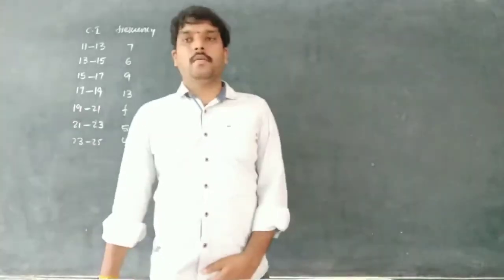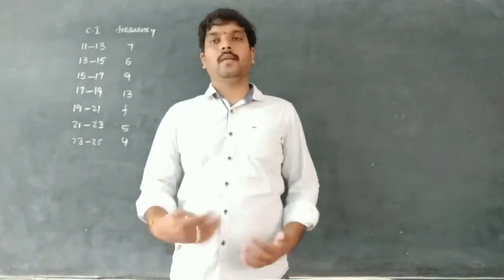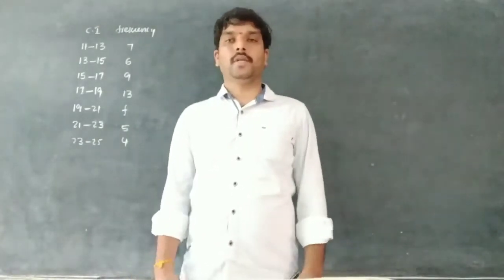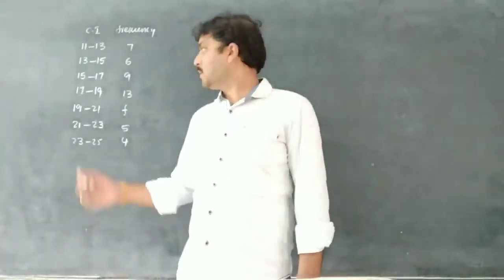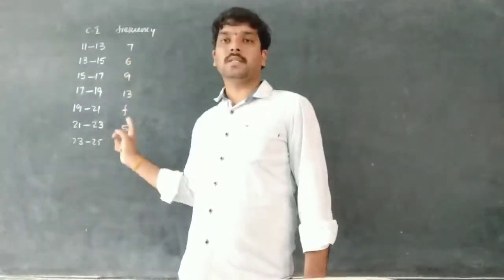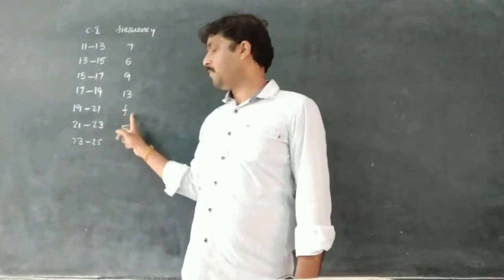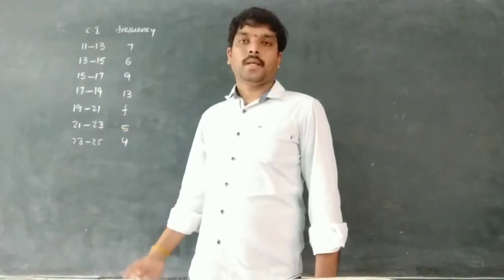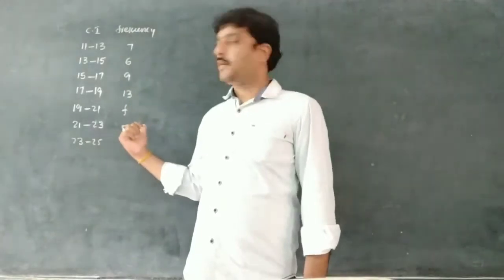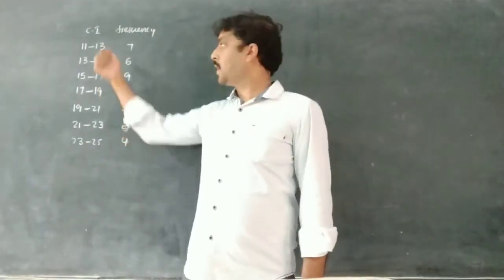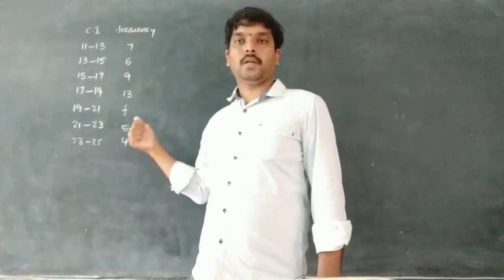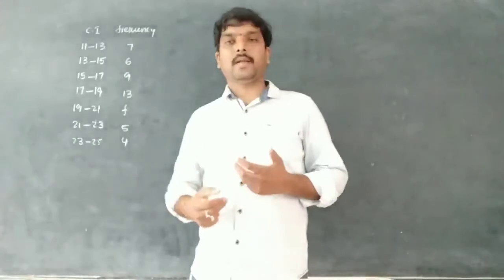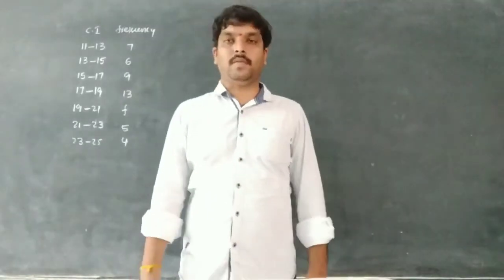Previously we discussed how to find the mean in three ways: direct method, assumed mean method and step deviation method. As a continuation, one frequency is missing. Here one frequency is missing, and we find it through the mean. Here the mean is given as 18. Class intervals and frequencies are given. Now find the mean by any one method: direct method, assumed mean method or step deviation method.